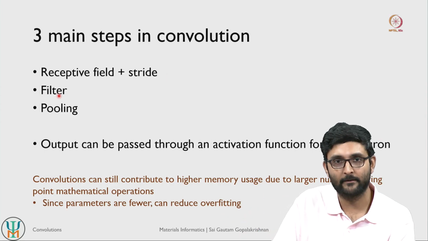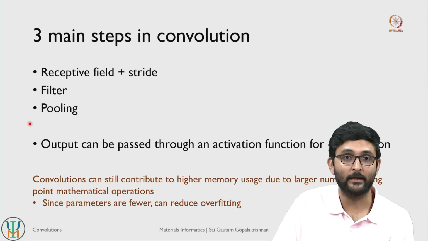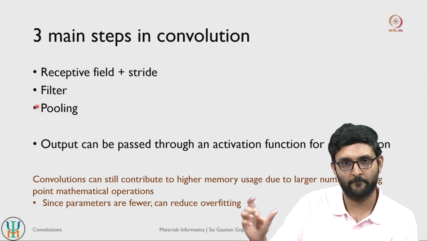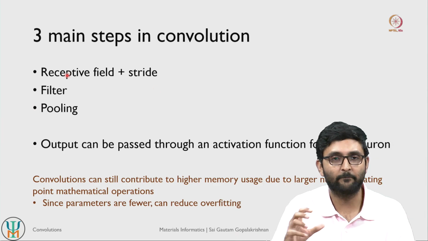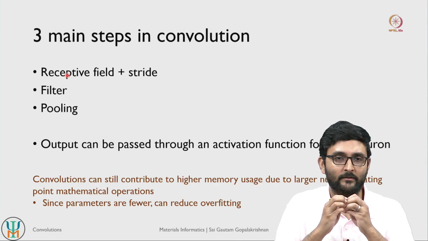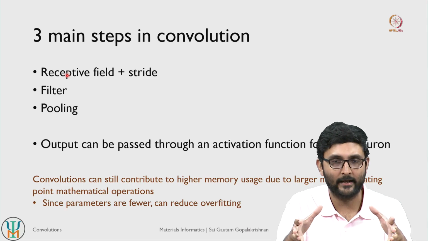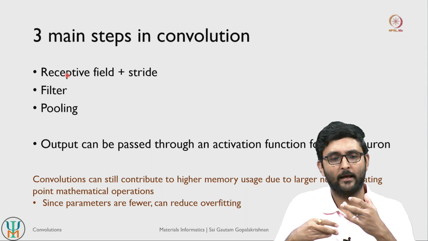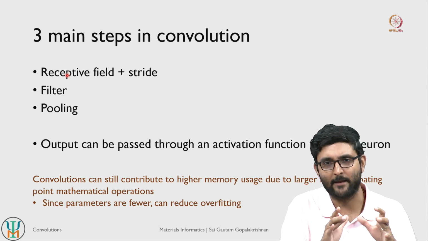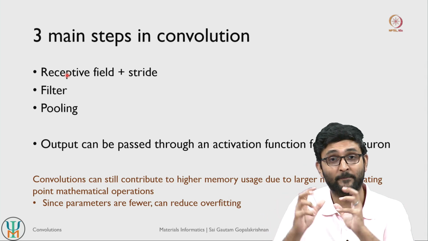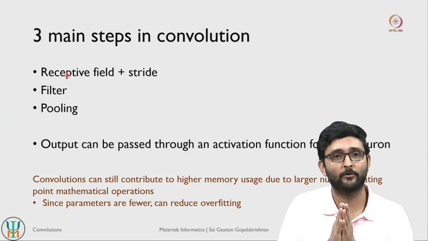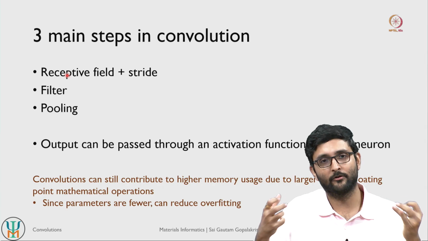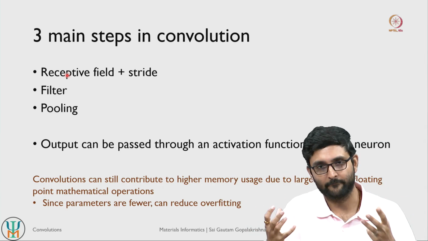There is also filtering, which we will get to later, and pooling, which we will also get to a little later, maybe in today's lecture or in the follow up session. So receptive field and stride describe how neurons interact with neurons in the lower layer. Filtering is a way to recognize specific shapes or specific colors or specific features of a given input, and pooling is a way to accumulate all of them, to ensure that you are getting the final output that you need.